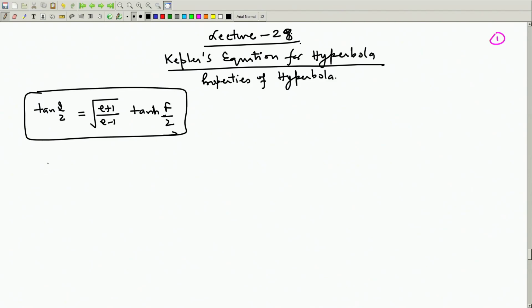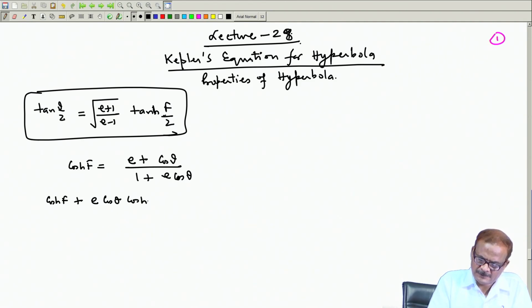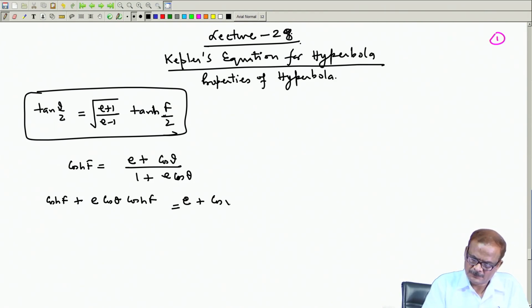To derive this, we go back and look into this equation. We have written cos hyperbolic f equal to e plus cos theta divided by 1 plus e cos theta. This we have derived in the last lecture. So, rearrange this equation. This becomes cos hyperbolic f plus e cos theta times cos hyperbolic f equal to e plus cos theta. Cos theta term we combine together,